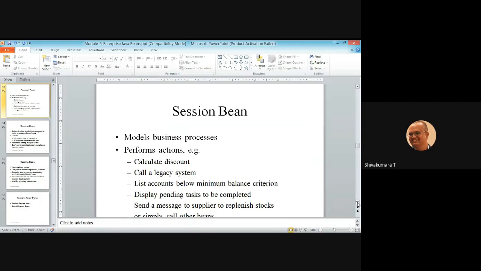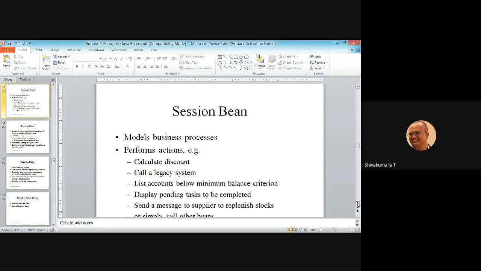You can use session beans for that. Another is listing accounts below the minimum balance criteria. It might look like a query to fetch the content.